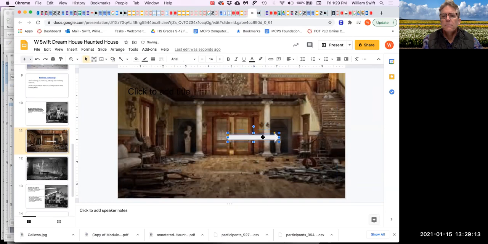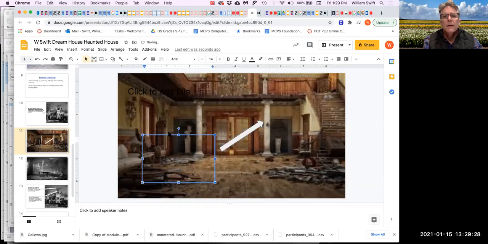Too fat. So let's grab that to rotate it around. Okay, then I'm going to make myself a little text box right here, and I am going to make my text white. All right, so